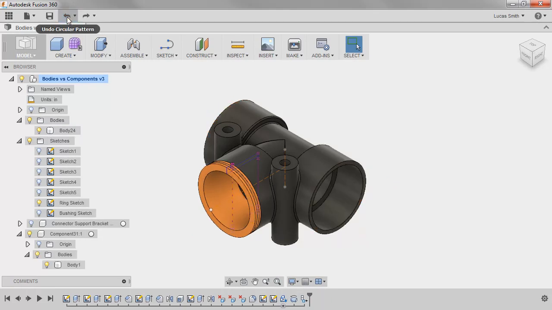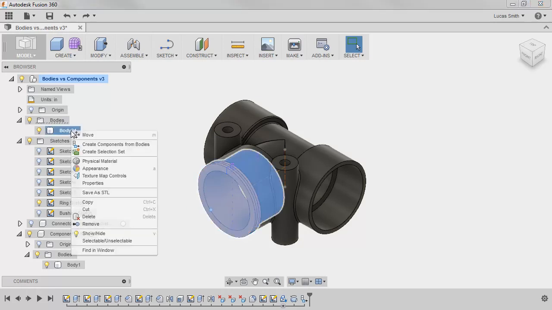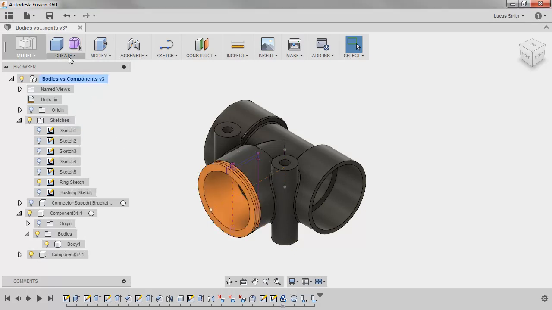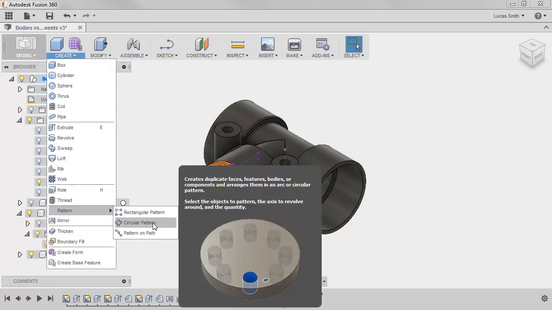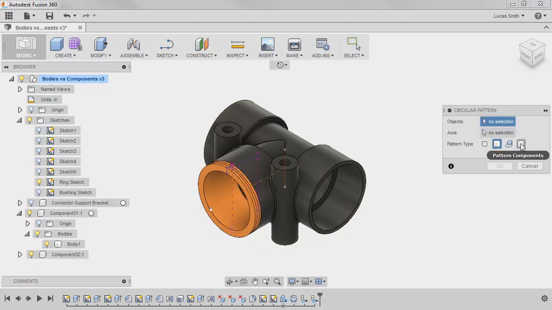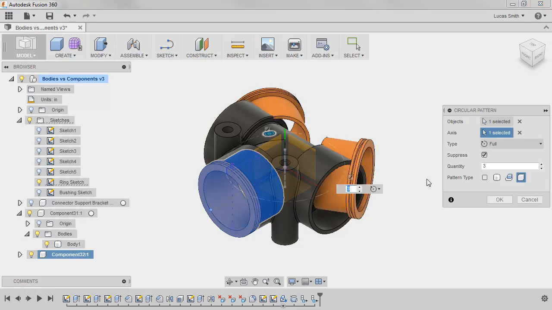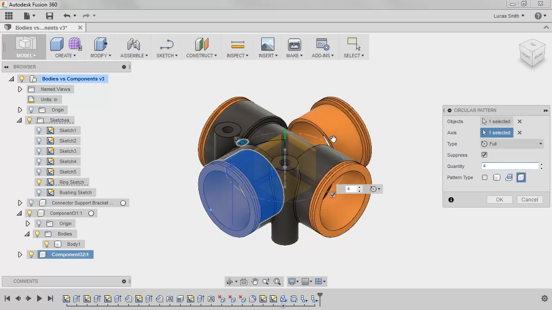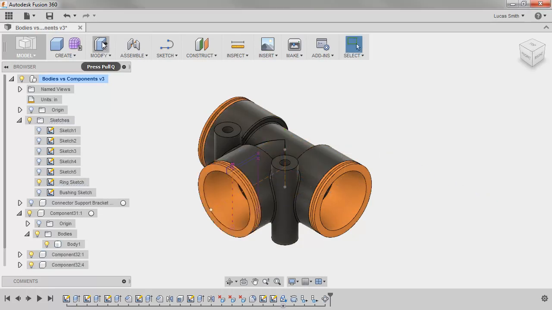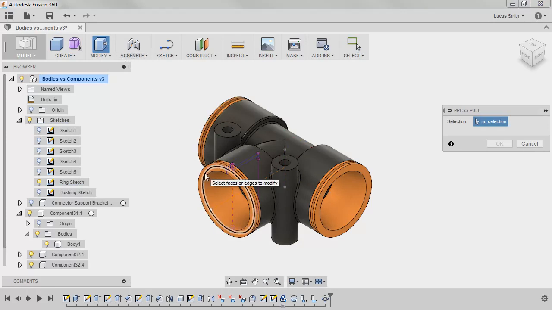Now I'll show the same scenario of modifying the initial sleeve. However, this time it will be set as a component. To change the body to a component, I'll right-click on it and select Create Components from Bodies. Now, if I circular pattern the component, once again skipping the instance at the back, and use the press-pull command once again to pull out the front face on the sleeve,